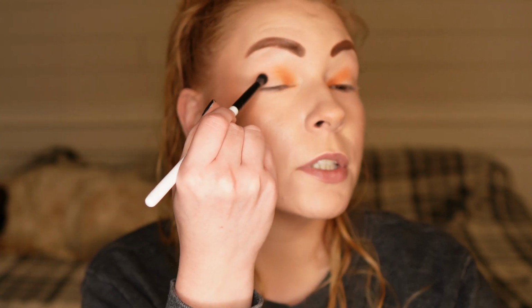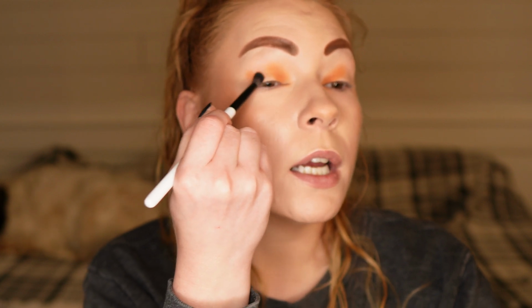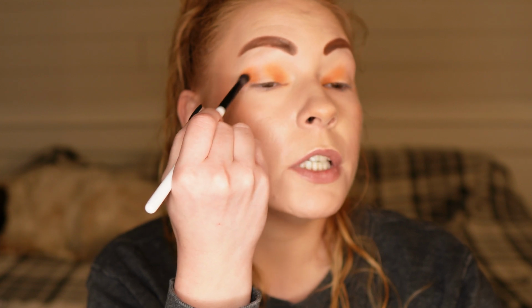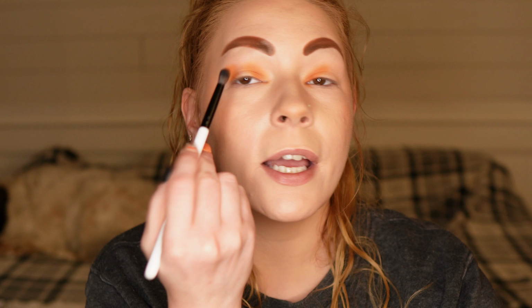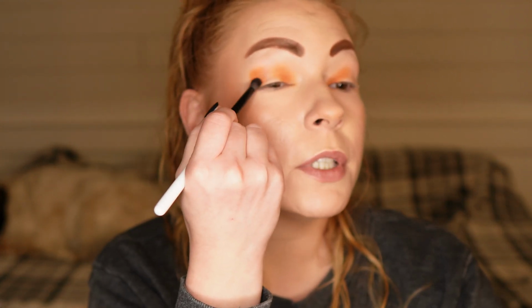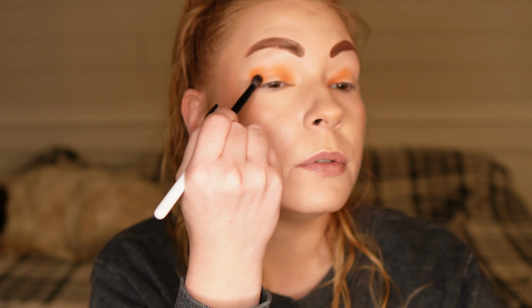Alright, so keeping with the Frankenstein shade, I'm just going to go into the outer V here and again, very sloppily place where I want this orangey shade for the halo eye. I'm okay if I don't leave a ton of empty space here in the middle. We are just going to take some concealer to that area to give ourselves a base for our